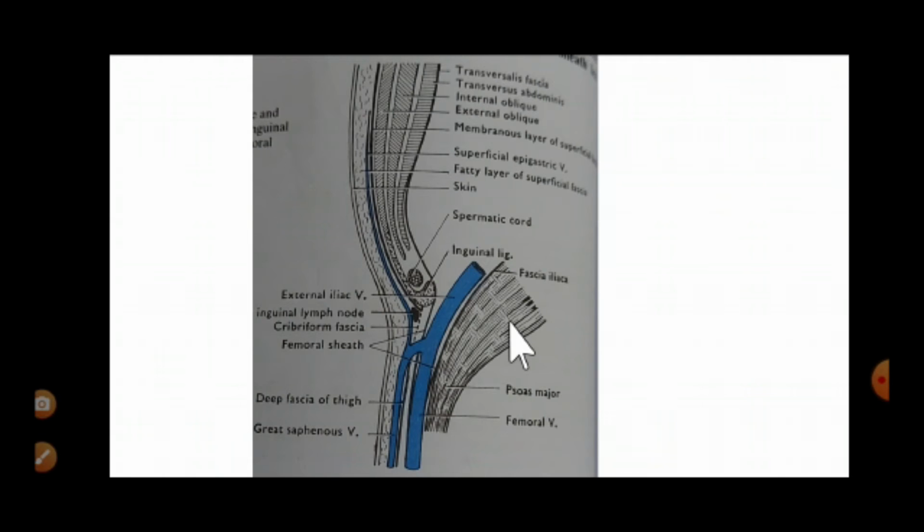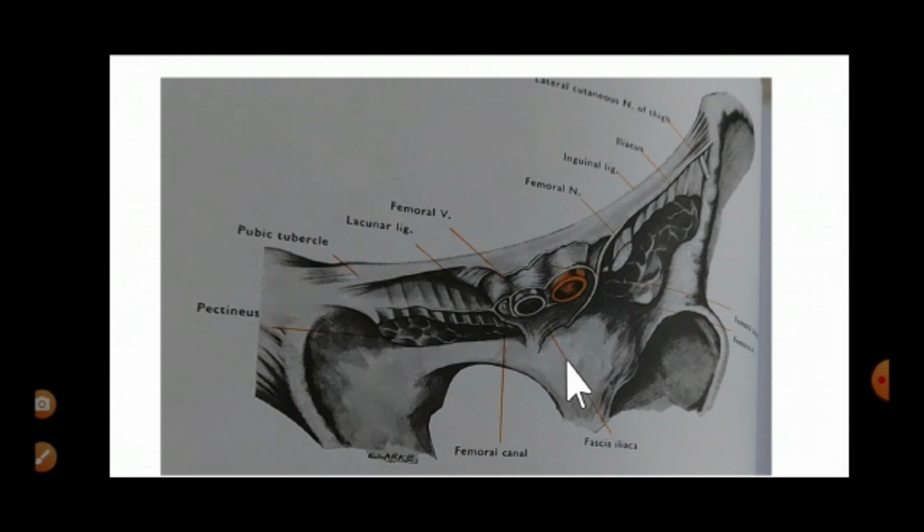So there are structures passing through this femoral sheath. One is femoral vein, then lateral to that will be the femoral artery and the femoral branch of the genitofemoral nerve, and medial to this femoral vein is the femoral canal. It's a space. Now in this picture we can see the femoral artery, which is lying laterally. Along with this we will have the femoral branch of the genitofemoral nerve.